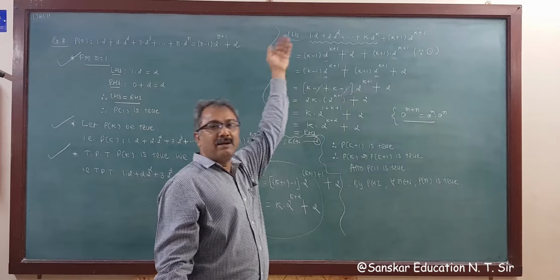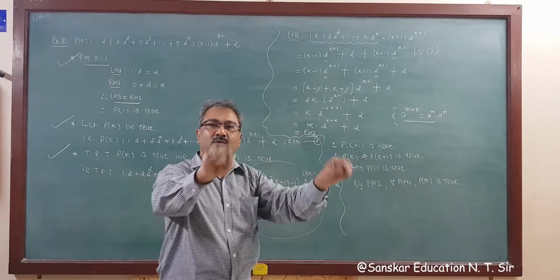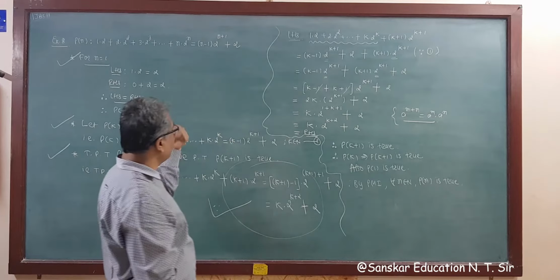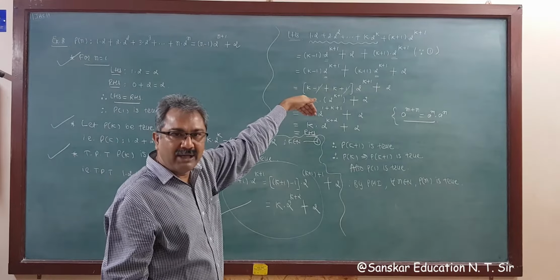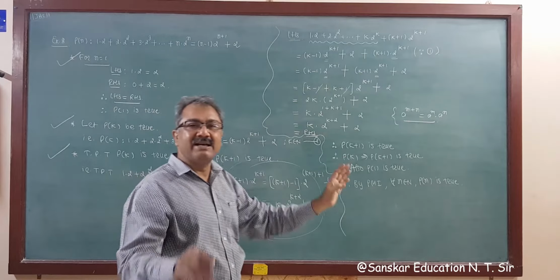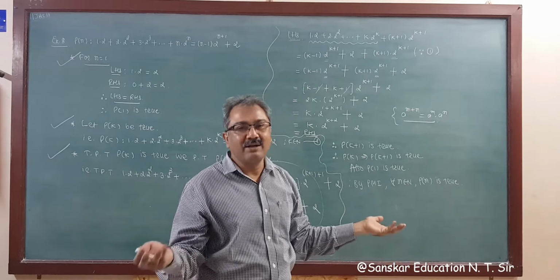Write down the left hand side. From the second last term to the first term is always your result number 1. That is your Pk. Write down the value of Pk, that is result number 1, and then simplify. You will get your answer. Now the next question is example number 5.